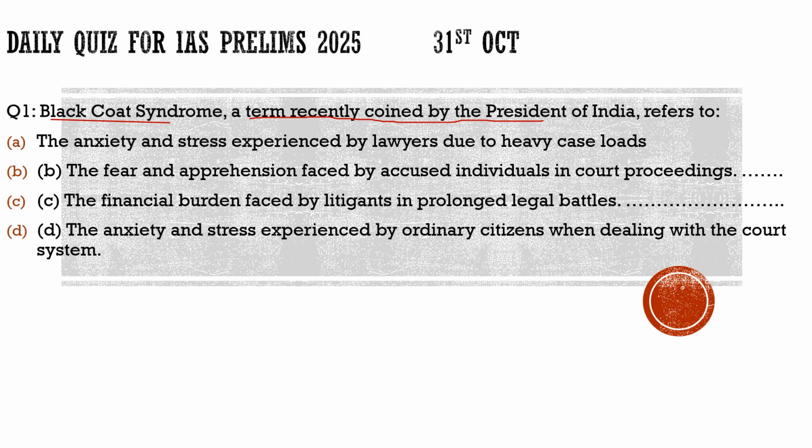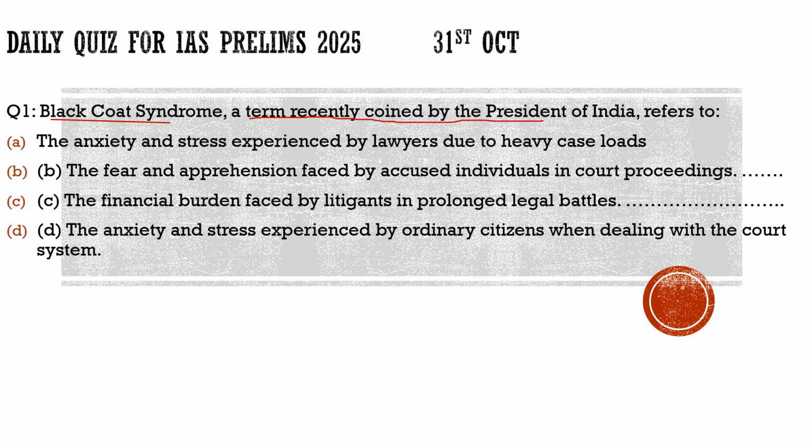So here the article has mentioned a few reasons why it takes so much time in solving these cases. The first reason given is lack of appointments. What the laws say with respect to how many judges should be available in higher courts is missing. Only in the Supreme Court is the actual number matching. In other high courts and the district courts, the judges which should have been available are not available.